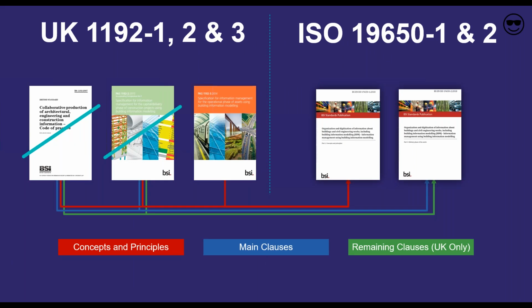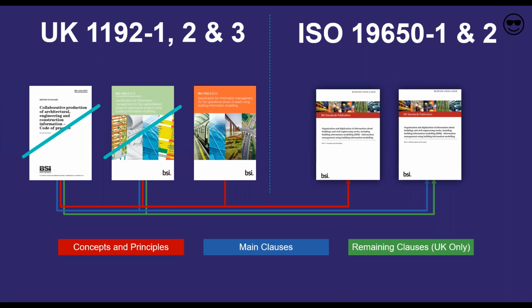So the new ISO 19650 standards are not a straight replacement for the previous ones. So don't think that Part 1 replaces the previous BS 1192 2007 and Part 2 replaces PAS 1192 Part 2. There are elements of each of those standards incorporated into the new international ones. That's partly because you've got this information management structure theme across all of the documents,